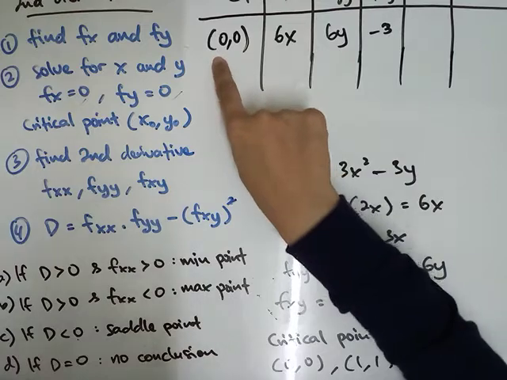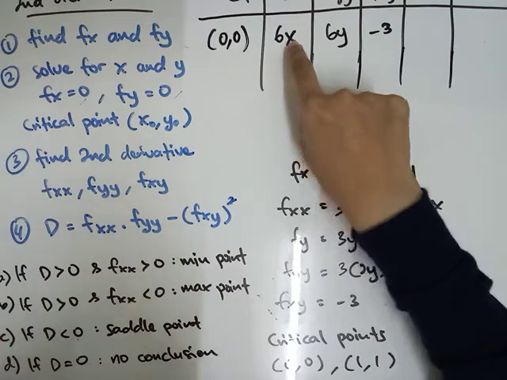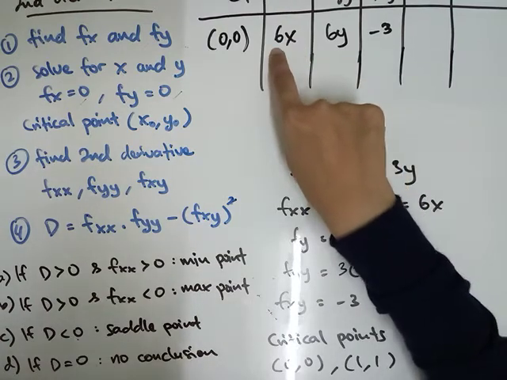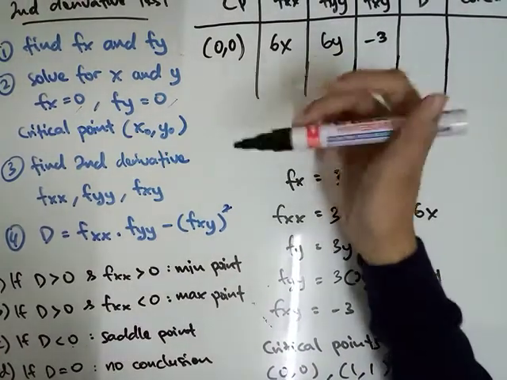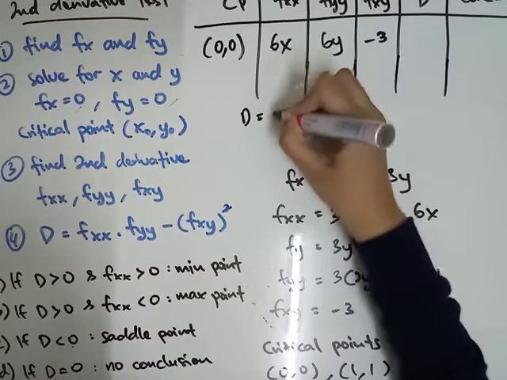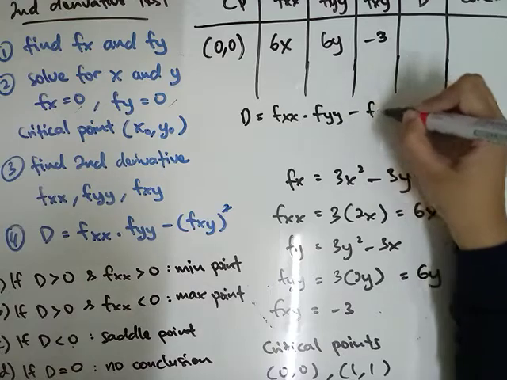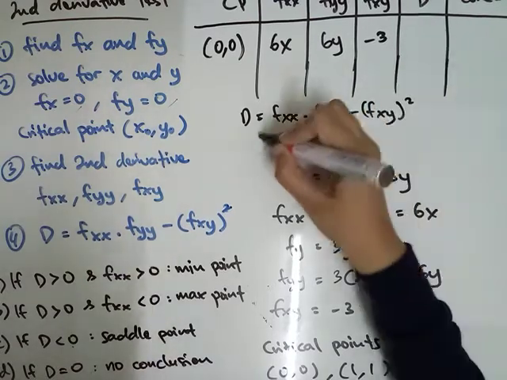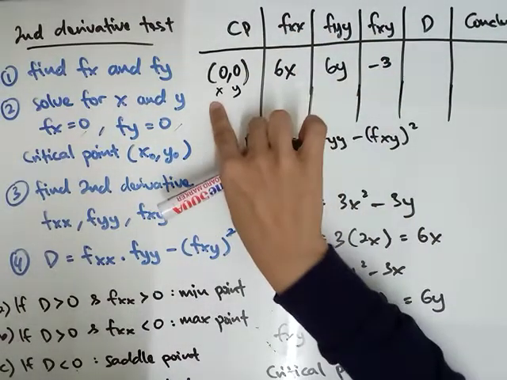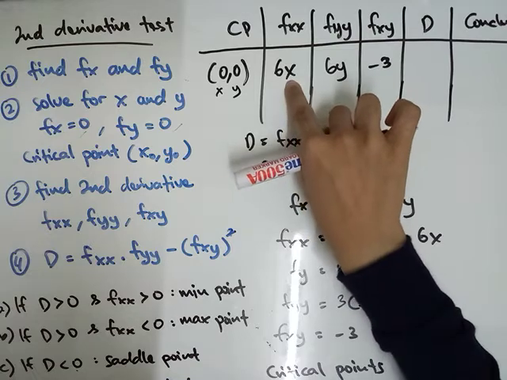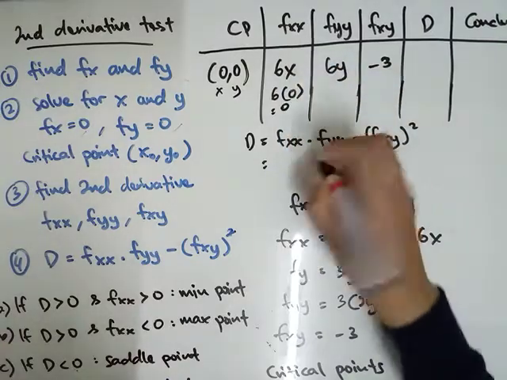6x, we know that x is 0, y is 0. So 0 substitute into x, we get 0, right? I show you one by one, otherwise later you will not understand. So D is equal to fxx multiply with fyy minus fxy power 2. What is fxx? First step, this is x, this is y. X is 0, substitute into this one. 6 times 0, we get 0, right? So fxx is 0,